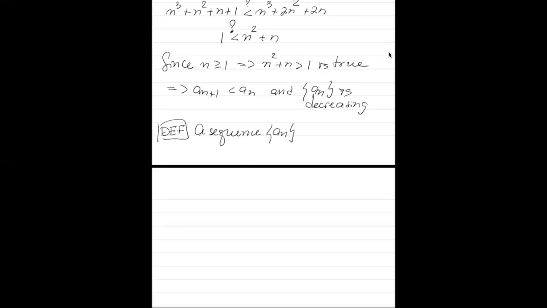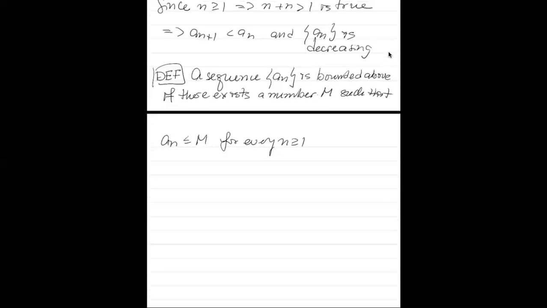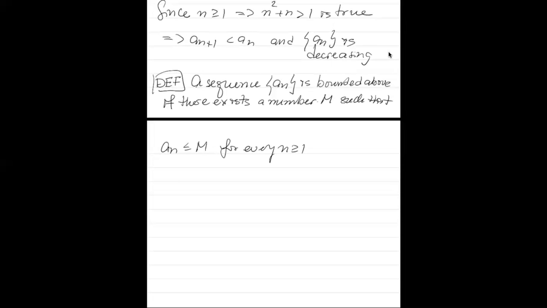A sequence, a sub n, is bounded above if there exists a number, we'll call it big M, such that a sub n is less or equal than M for every n greater or equal than 1. So bounded above, if there is a number such that every element in the sequence is less than that number,